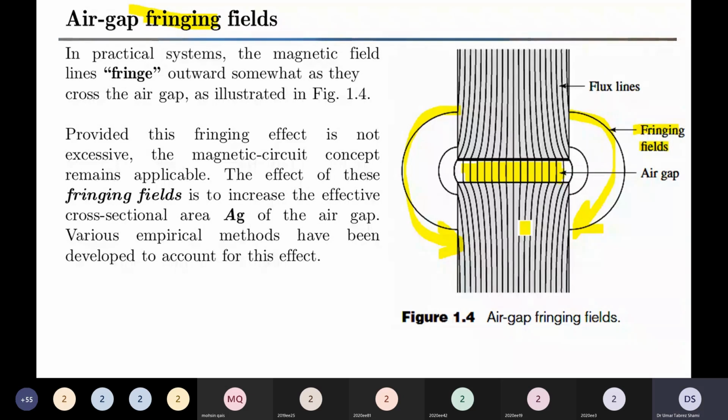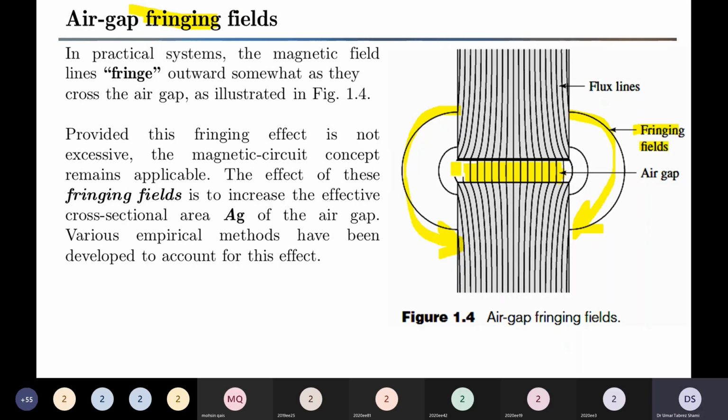So we must ensure that the effect of these fringing is to increase the effective cross-sectional area AG. So what is the impact? Why are we discussing this? We are discussing this so that students can keep in mind that whenever there is an air gap, the effective cross-sectional area of the air gap increases